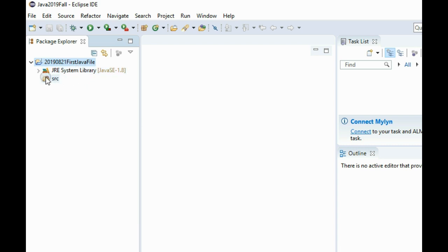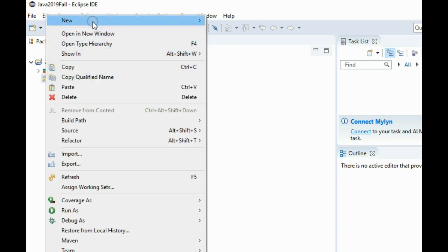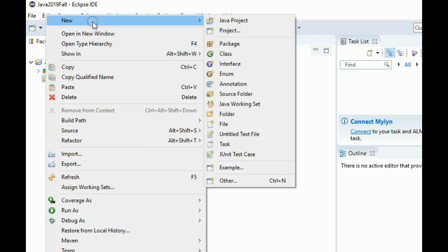Our source folder right now is empty, so what we'll do here is right click. The easiest way to make sure your files get put in the right location is to right click that source folder and tell it you want a new, and since we already have a project, what we want is a Java file right now. But notice in this list we do see the word file, but that's really not what we want. What we want is what's known as a Java class. The Java class is where we will put our source code. So let's click on class,